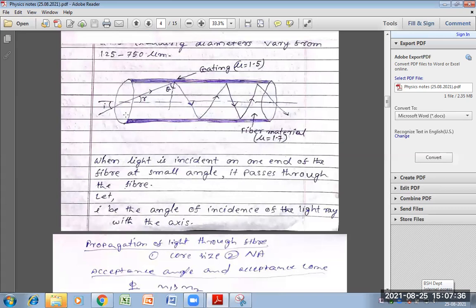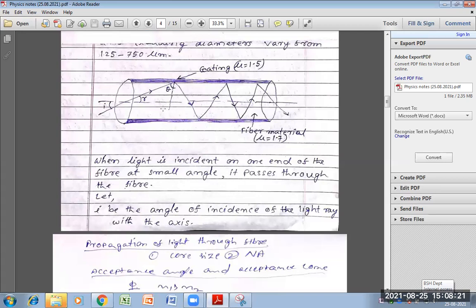In this way, the ray undergoes repeated total internal reflection. Look at this diagram. The ray undergoes repeated total internal reflections until it emerges out of the other end of the fiber, even if the fiber is bent. So the light ray is guided through the fiber from one end to the other without any energy being lost due to refraction. Bundles of optical fibers can be used for optical signal transmission. They can also be used for transmitting and receiving electrical signals.